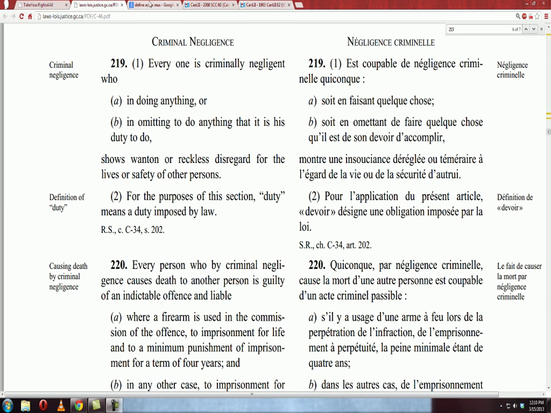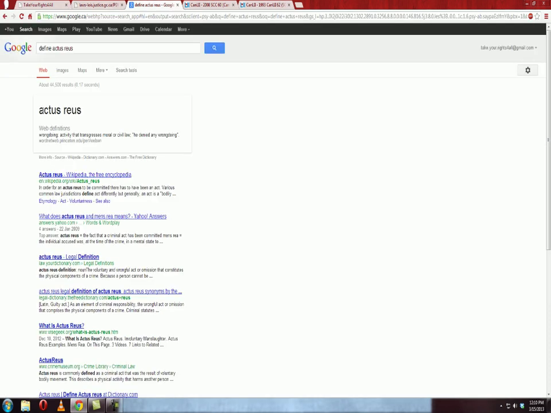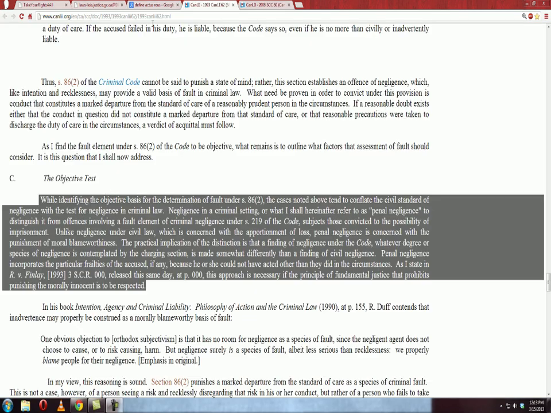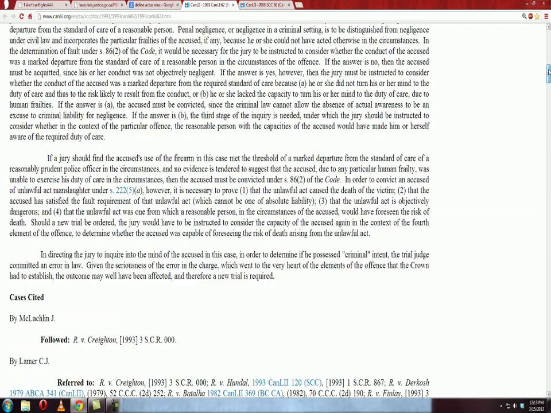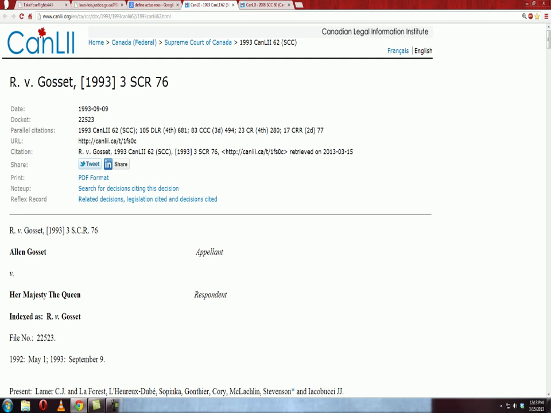Before I do that, though, there's one thing I should go over, and that's actus reus. That's a term that's used in the courts and in our legal system, and what it means is wrongdoing. Any activity that transgresses moral or civil law. Actus reus. So, the first case that I'm presenting is Regina versus Gossett, 1993, Supreme Court ruling, Supreme Court of